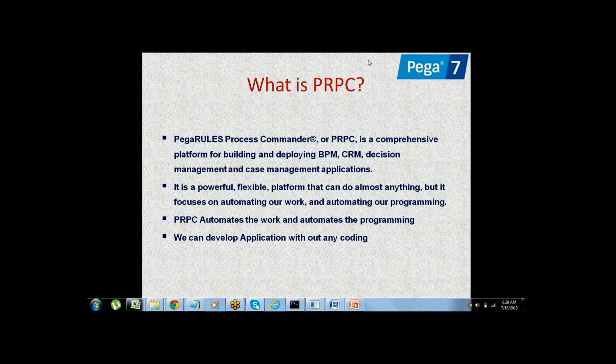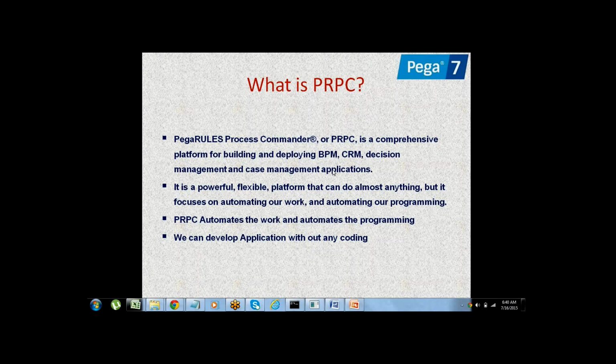Internally Pega contains a platform in order to develop the applications. That platform is the Process Commander. And what are Pega rules? Suppose you want to develop a Java application, you require libraries, classes, everything. Similarly, in Pega also, what are the inbuilt things we have, like classes, libraries, functions, controls, methods. All these things we call Pega rules.